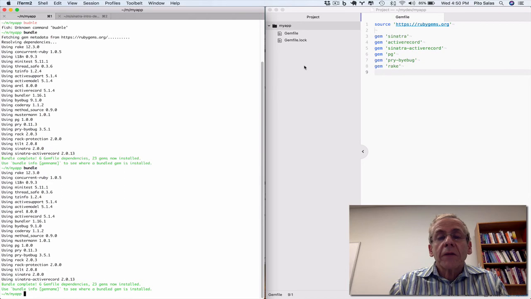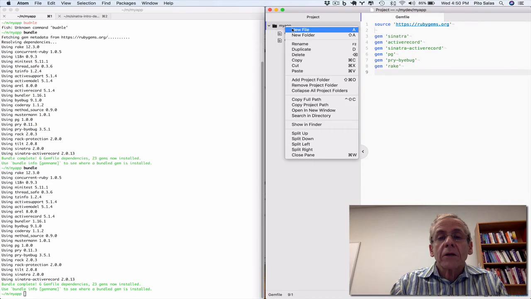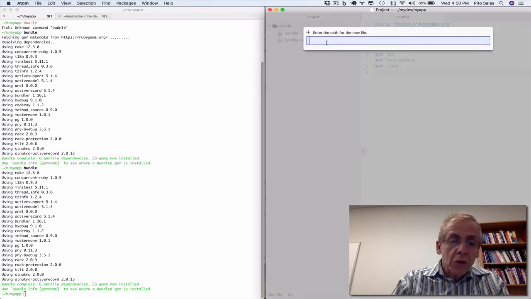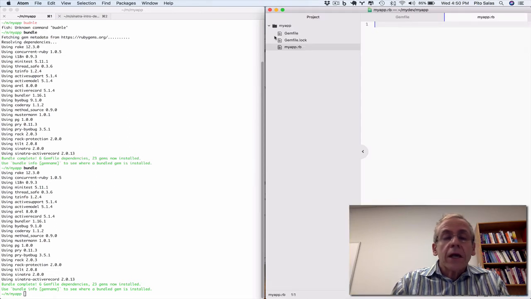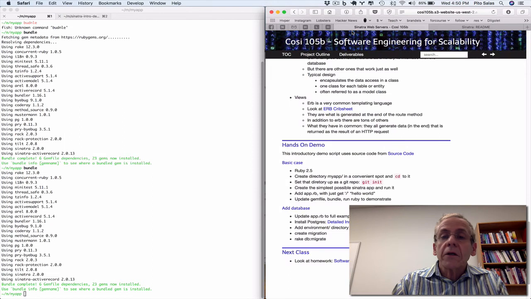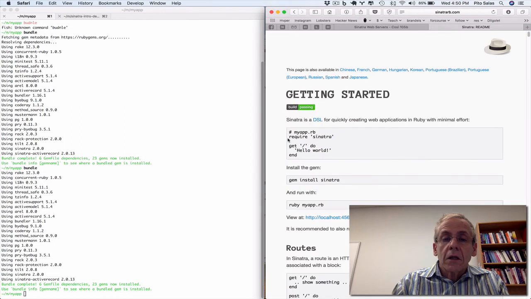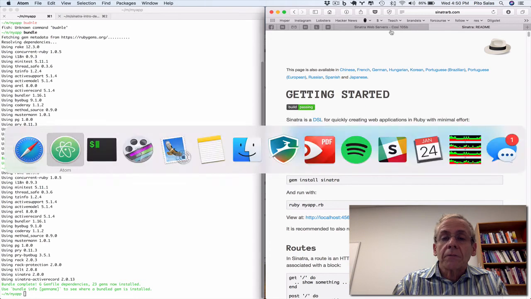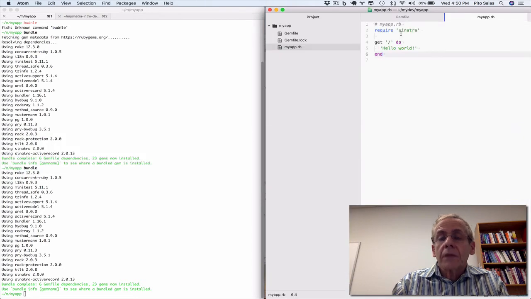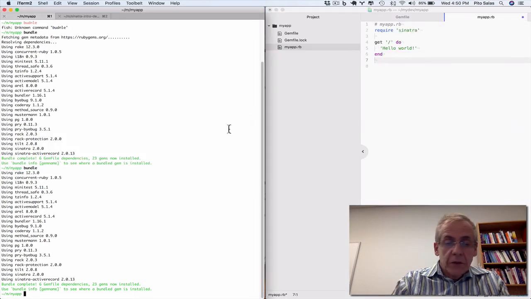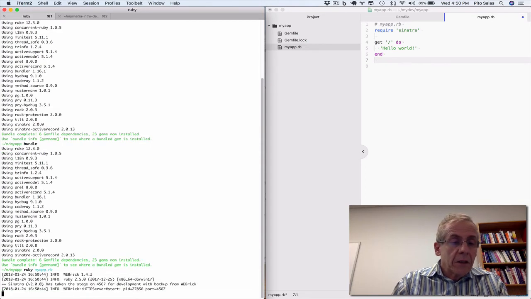And now I'm going to create my simplest-most Sinatra app. I'm going to type new. I'm going to give it a name, myapp.rb. And I'm going to steal a little code out of here. Here's the simplest possible one. I'm going to explain what this means in a second. So, boom. And now, if theory holds, I'm going to be able to say ruby myapp.rb, and it's going to